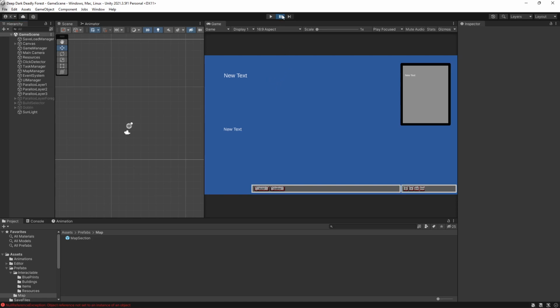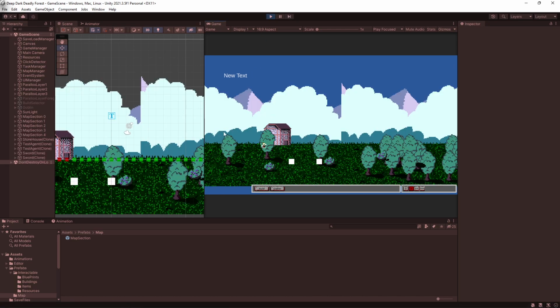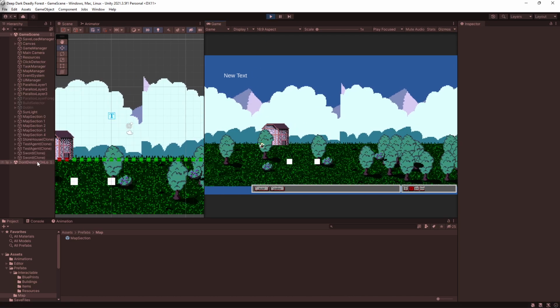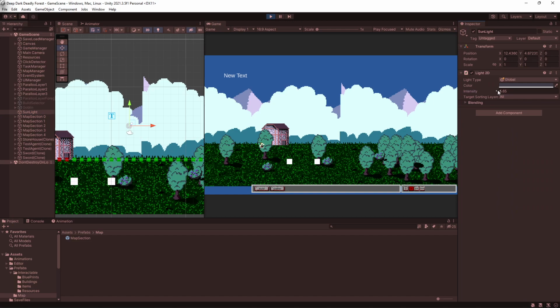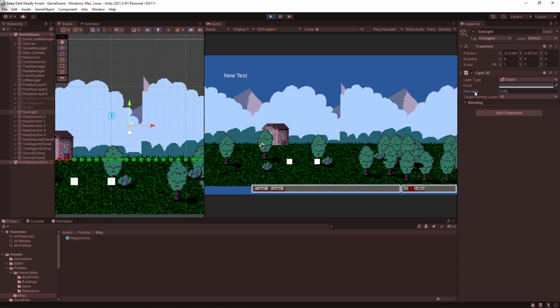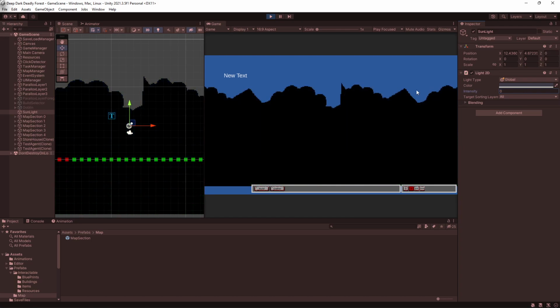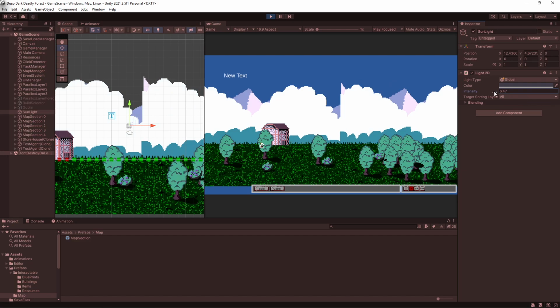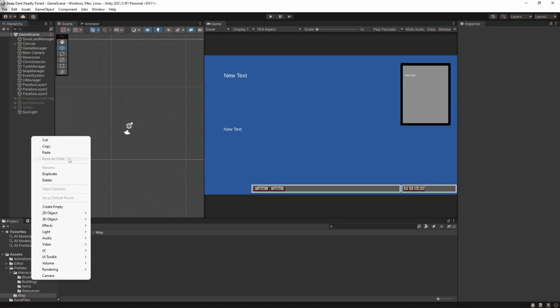Alright, I got all that now working. So if I hit play, you can see our stuff there. Let me click the sunlight and let's change some of this. Okay, now you see the thing is our background, this background right here doesn't change, so we'll probably have to see how that all works. Now let's say I added another light source,